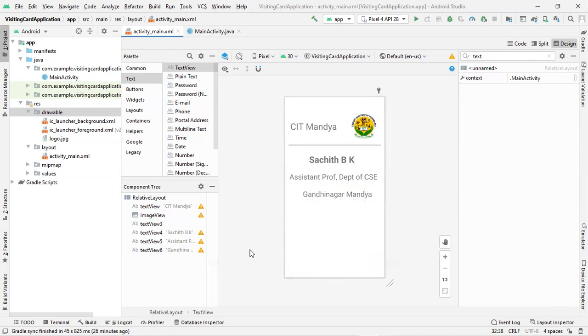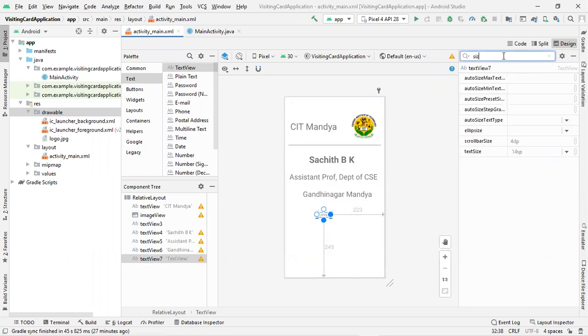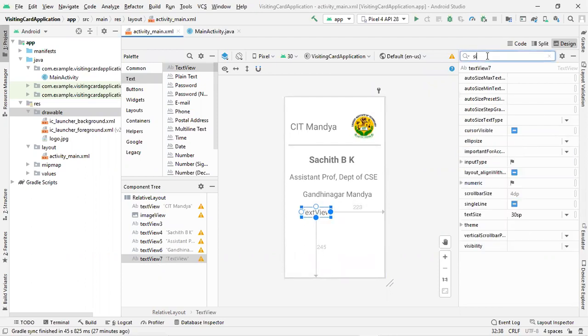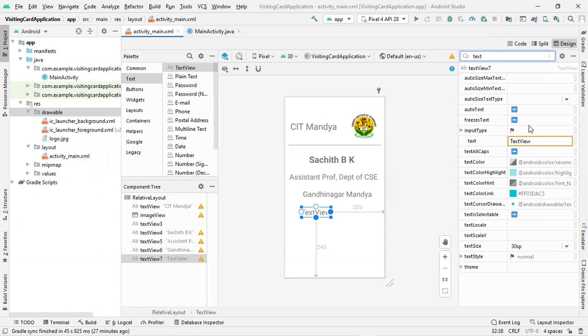Now we need to add some more requirements that have been asked in your question. The next requirement will be to add our email address and phone number. So just select this. You can drag and drop to the place wherever you want. Let me place it here. Now you need to go to size. Let me increase the size to the corresponding position. Then you need to select text and change the text.